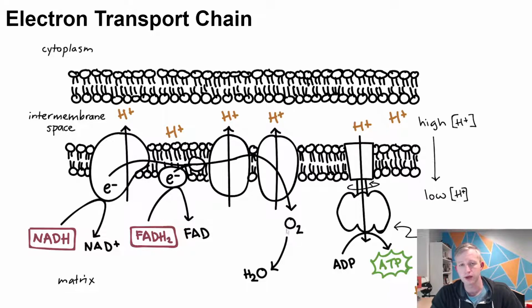They're getting scooped up by oxygen, and that's also pulling away some of the hydrogens from this side, making the matrix even more lacking in hydrogen, even lower concentration of those hydrogen ions, and that's forming water. The very same water that could end up in a plant someday in photosynthesis, donating the electrons to begin the process again. If we were looking at the flow of these electrons go from water in photosynthesis to the NADPH